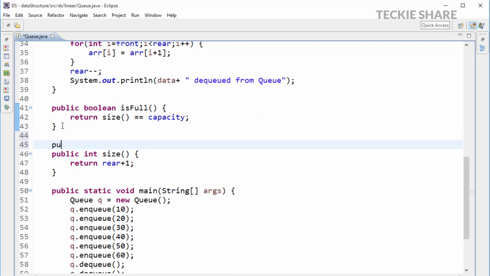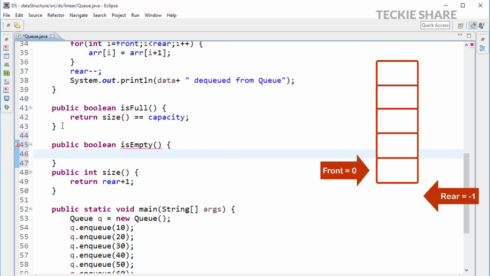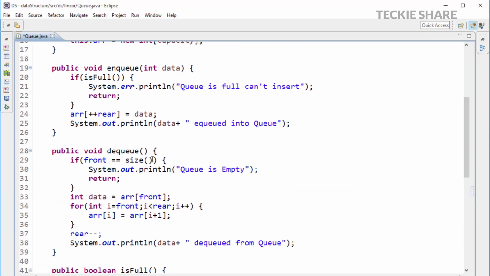So next I have to create the isEmpty method. So the isEmpty method, nothing but when my size is equivalent to front, or else when my size is equivalent to 0, then my queue will be empty. So in this case, I simply return the value: size equivalent to my front value. That's it. So now I have an isEmpty check. So I am simply replacing this method call in our previous condition check. So front equal equal size, instead of that I am simply adding the isEmpty check. That's it.